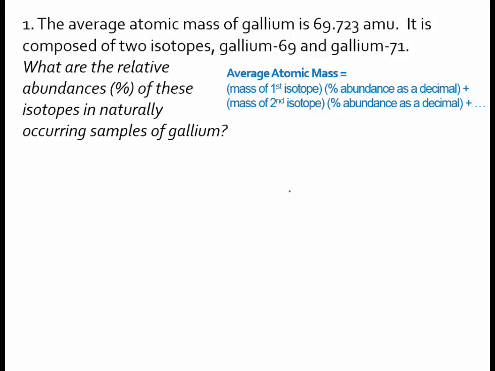In this video, instead of calculating the average atomic mass of an element, we'll actually be given the average atomic mass, and we'll be calculating the percent abundances of the two isotopes that make it up. This is more often the kind of problem you'd be asked to solve, because it's really easy to go to any periodic table and look up average atomic mass for any element that's there. But it's important that we're able to take those averages from the periodic table for any element and turn them around and deconstruct them to figure out what the original abundances were, or the percentages, for the isotopes